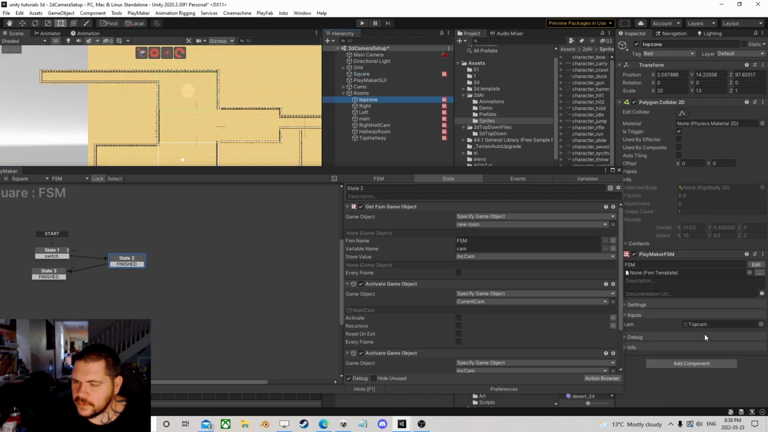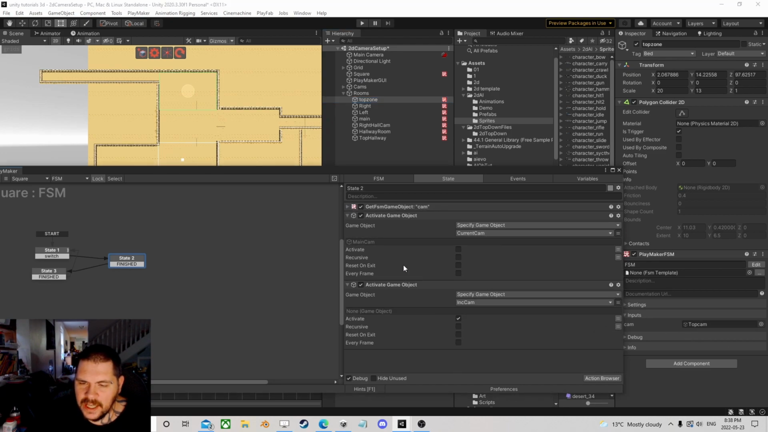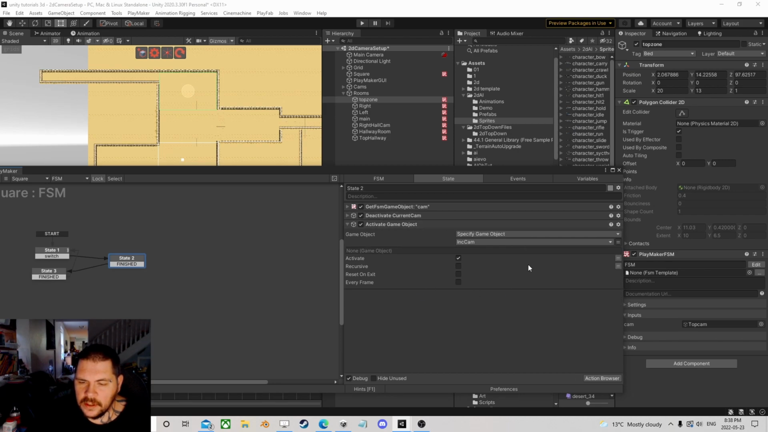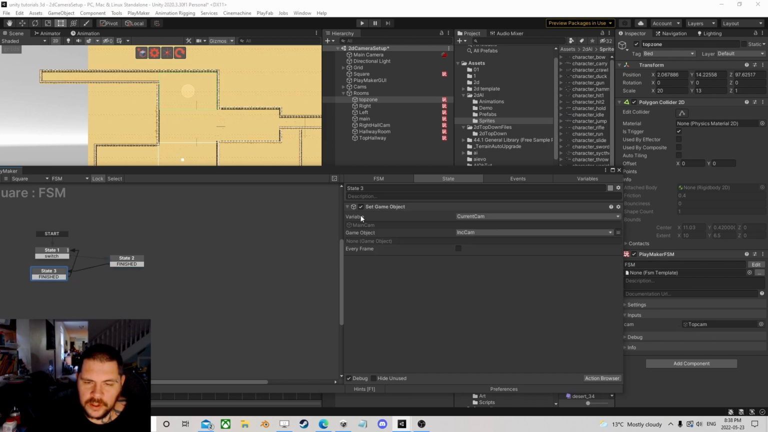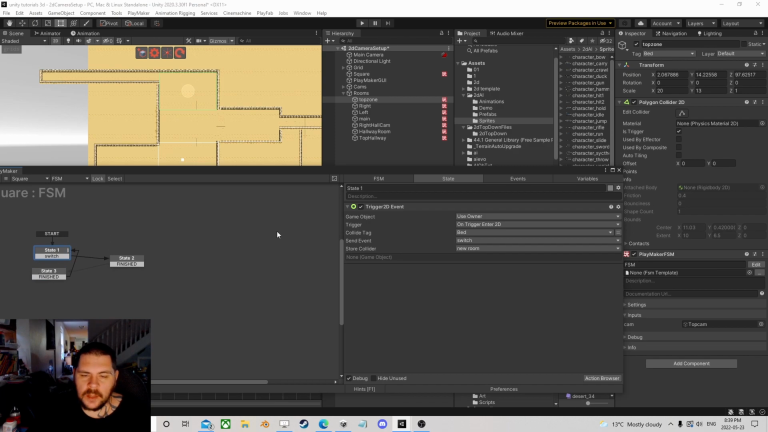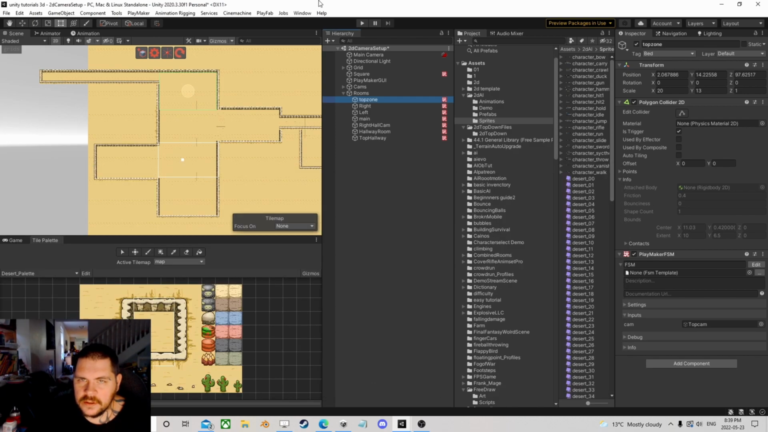We're going to go into this FSM. We're going to pull out its camera. We're going to call it the incoming camera. We're going to deactivate our current camera, activate our incoming camera, so it would be that one, and then we're going to do this little thing at the very end, after we've done that logic, is we're going to make our current camera the incoming camera. So our new current camera is the incoming camera now. And then we go back and wait for a new trigger. And that's literally all we have to do. So if I hit play,